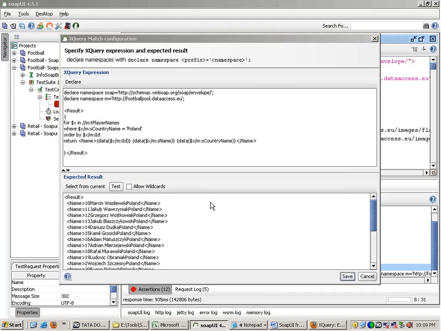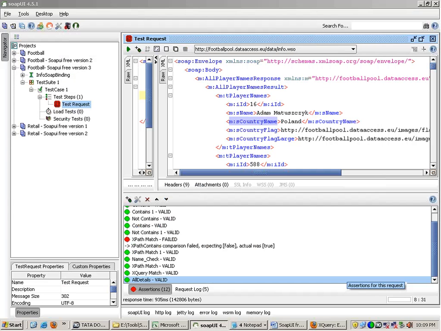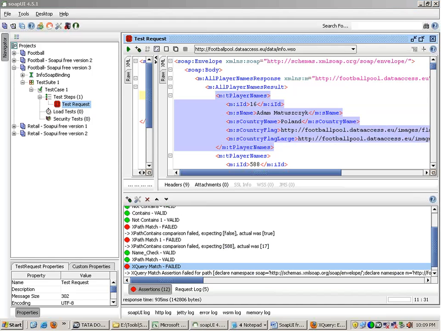So I can save this data as my expected data, and I can test it again and again. So this will test my ID, name, as well as country name. This kind of assertion will test everything in the response. It will order everything and it will simply test it. So XQuery is very powerful, even if the location of this player changes in the response. What I mean to say is,